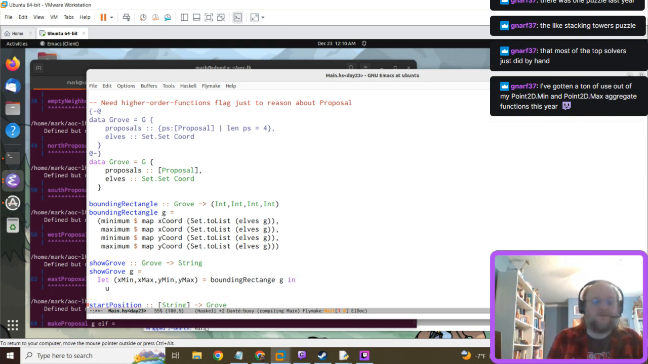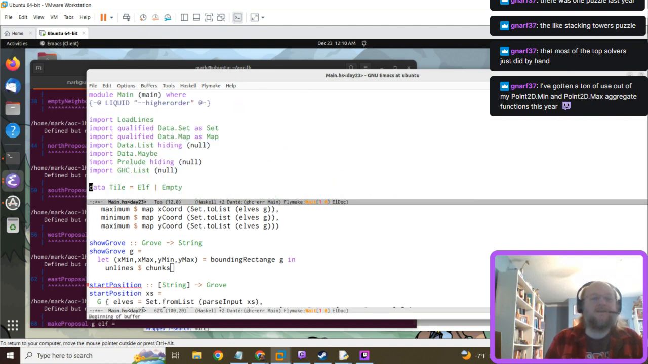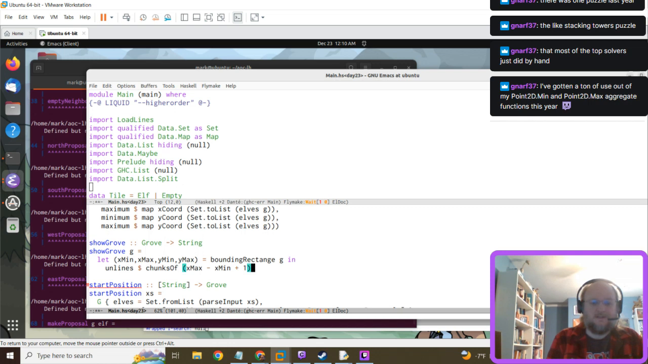Okay, so we're going to unlines. We need our special split library to do chunks of. The chunks have size x max minus x min plus 1. And we're going to apply that to